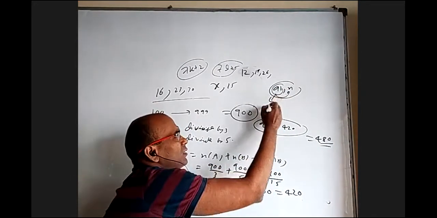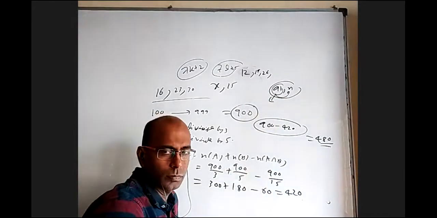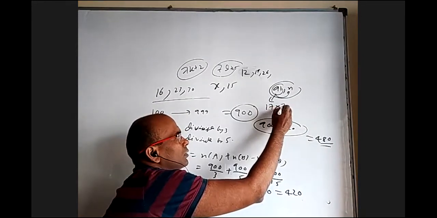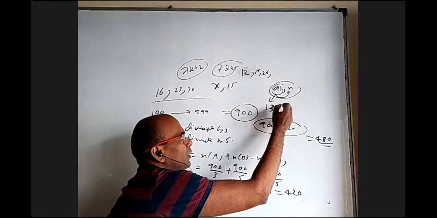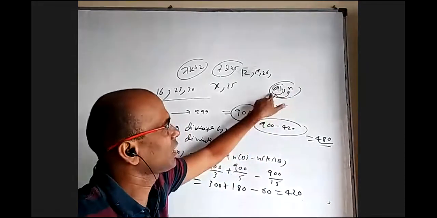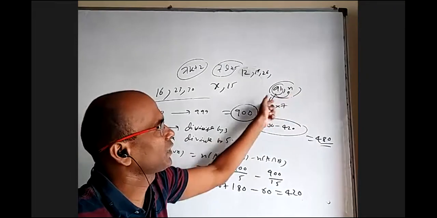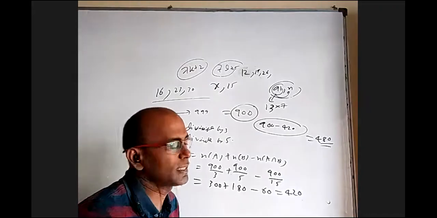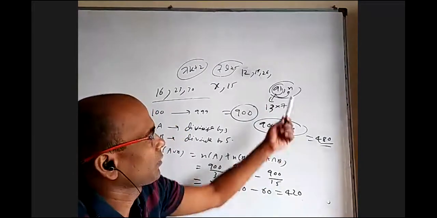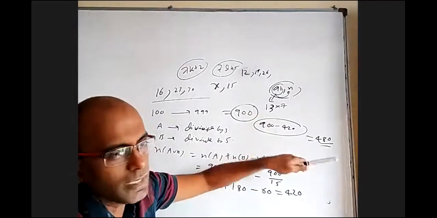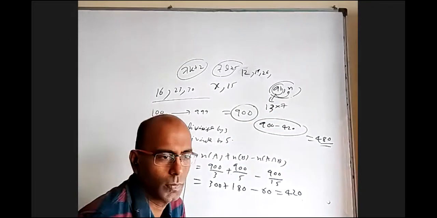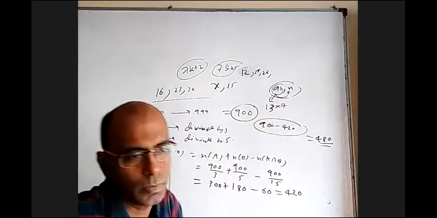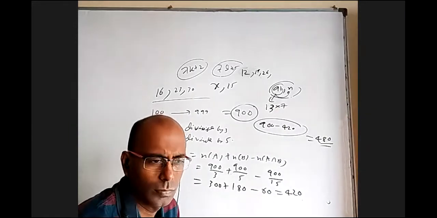What are the factors of 91? 7 and 13. 7 into 13. Okay. So any multiple of 7 if you take here will have HCF 7. Any multiple of 13 will have HCF 13. If it is a multiple of 91 itself, then HCF will be 91. So you have to take multiples of 7 plus multiples of 13 minus multiples of 91, because they are counted twice. All those are acceptable because their HCF will not be 1, it will be something more. Is it okay? Okay, sir.